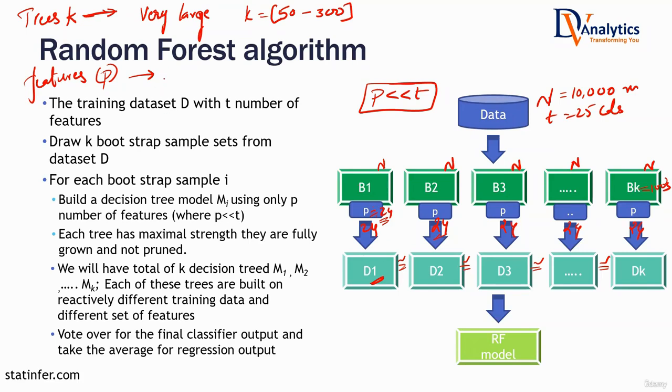That is why the number of features P has to be a very small number. A general ballpark is to choose P somewhere around the square root of T. That means if you have 25 columns, what should be the P value that you pick? 5. 5, 6, 7. You have to pick in that range. Let's say if you have 50 columns in your data set, what is the number P that you will be picking? Square root of 50 is how much? 7. 7, 8, 9, something like that. Okay. Somewhere around the square root of T is what you pick for the number of features.